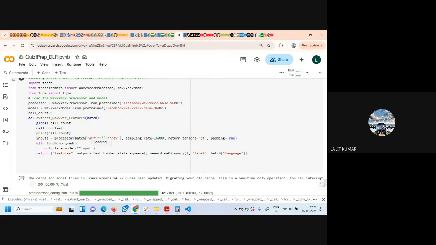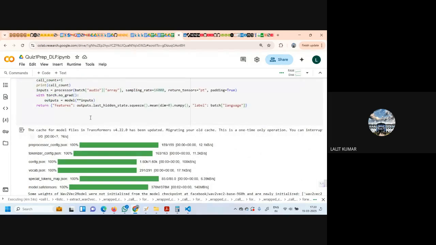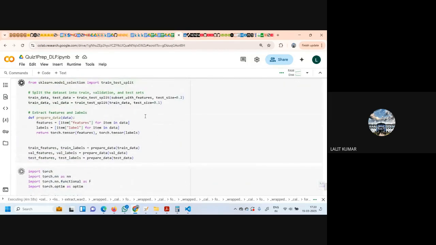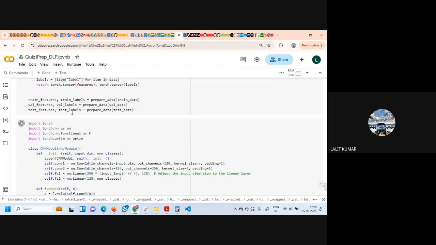Model extracts the features, and then we get the dictionary with the features and the label. Then we make train test split data. Then we extract features and labels separately, and that also we return as tensors. So now we have got train features, train labels, all of them in the tensor format.